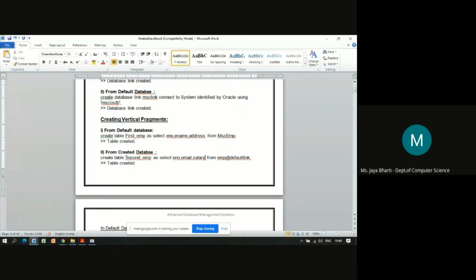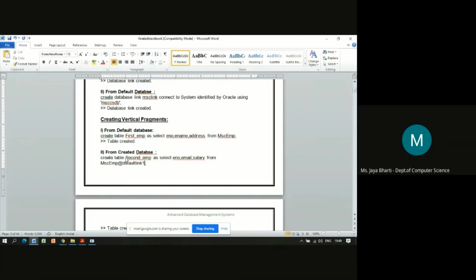In this fragment, we are taking these three columns: employee number, email, and salary from MSc EMP at default link 1.